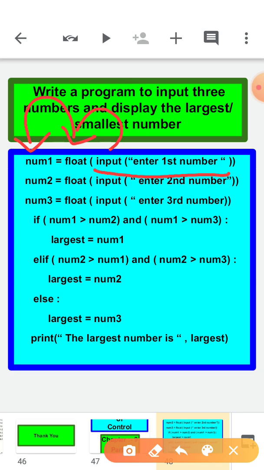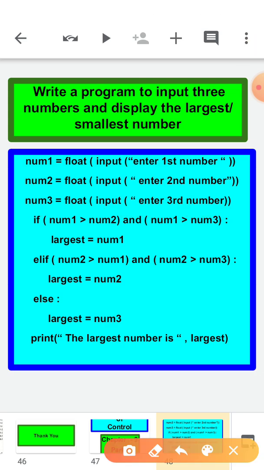In the same manner, when the user is asked for the second number, it is converted into float and stored in num2. Then enter the third number; in the same manner, num3 stores your third number.